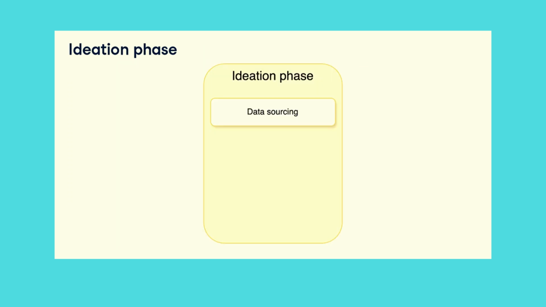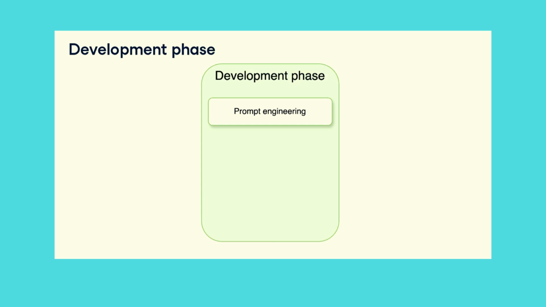The first step of the ideation phase is data sourcing, which is the process of identifying data needs, finding data sources, and making them available. We then move on to base model selection, which is about selecting the right base LLM for our application's use case. In the development phase, we start with prompt engineering, where we focus on crafting effective prompts to ensure the